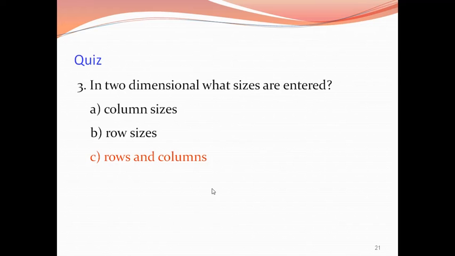In the two-dimensional array, two subscripts are there. The first subscript indicates the number of rows and the second subscript indicates the number of columns of that array. Option C, rows and columns, is the correct answer. Next question.